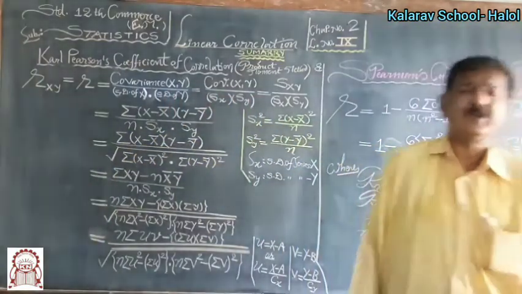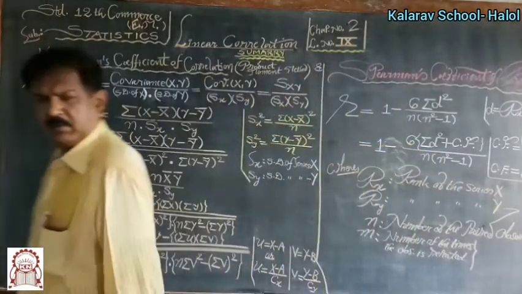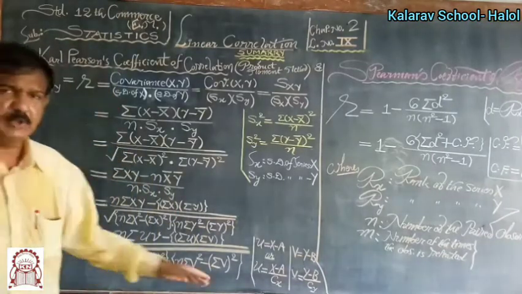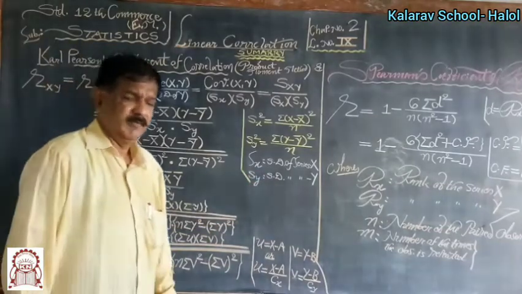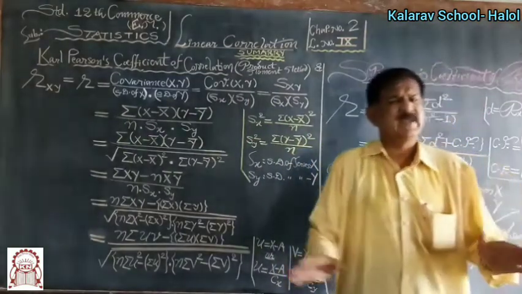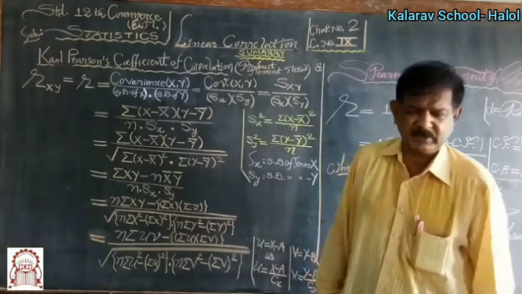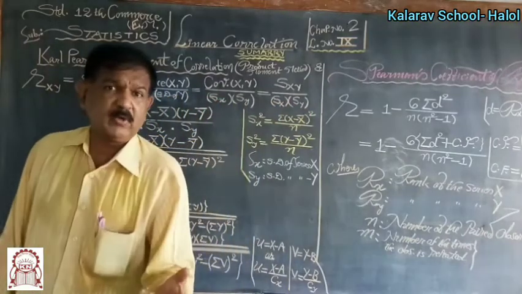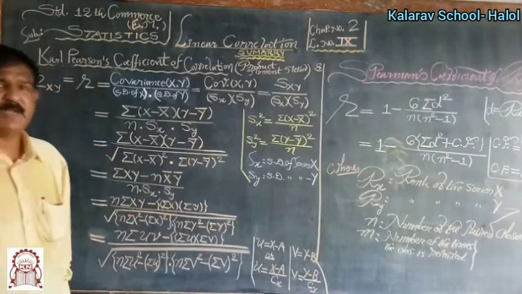Scatter diagram method is the diagrammatic method, graphical method, and from a scatter diagram we can say only the type or nature of the correlation and not the exact magnitude, because it is a diagrammatic method. Whether the correlation is positive or negative or there is absence of correlation, only up to this we can say. While these two methods, Karl Pearson method and Spearman's method, are practical and can measure the type of the correlation as well as the exact extent to which correlation exists between them.